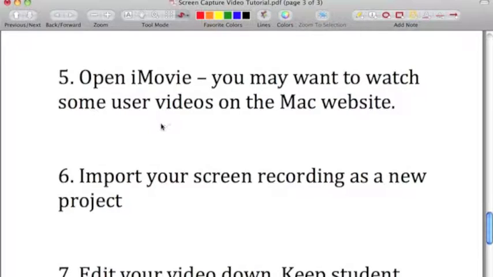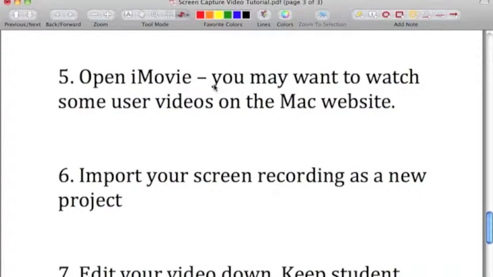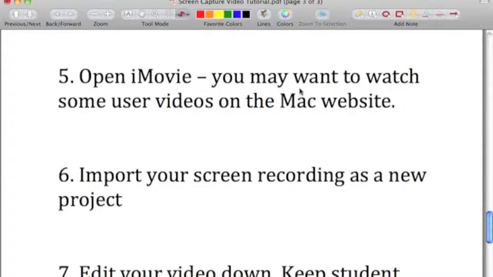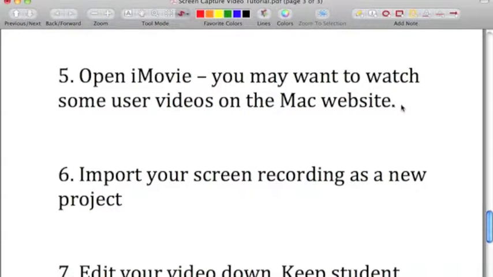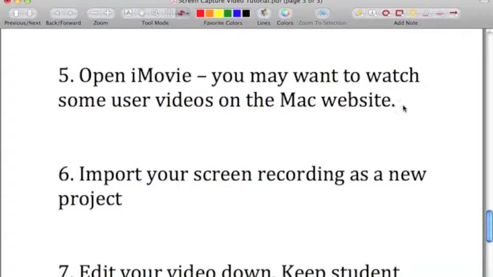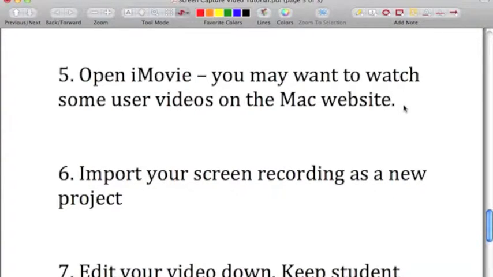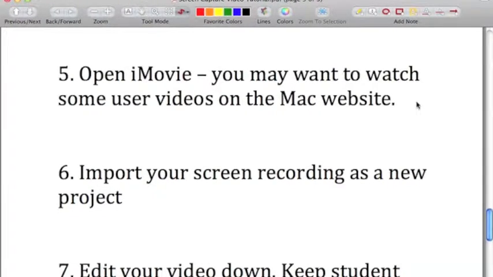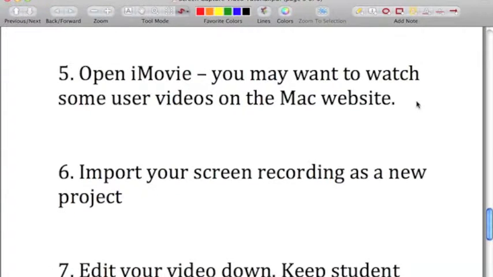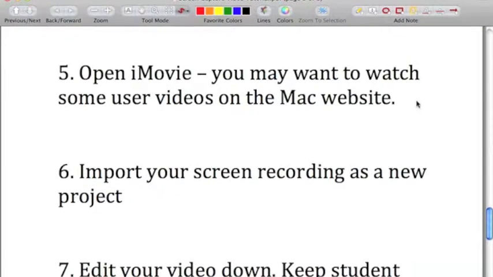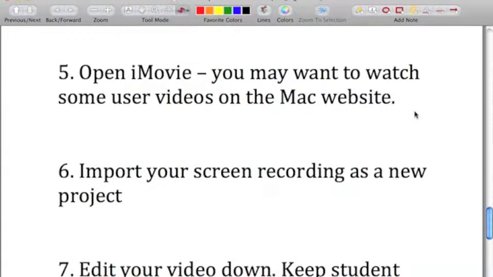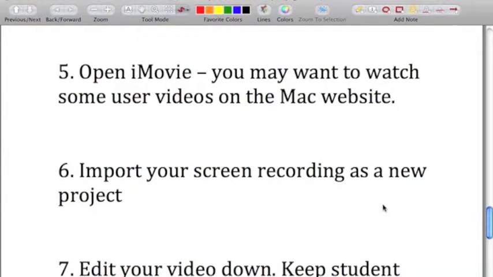Once you have your video, and here comes what I like to think of as the more fun part, you can open iMovie. I would really suggest you do a couple of quick tutorials online or watch a few user videos to make it much easier and more effective. You'll learn some skills and techniques, and I would really suggest watching a few YouTube videos of teachers that you really aspire to, that can show you some good techniques and actually types of videos, so you know how to maybe edit and format your